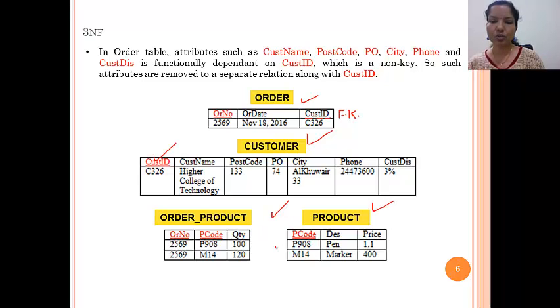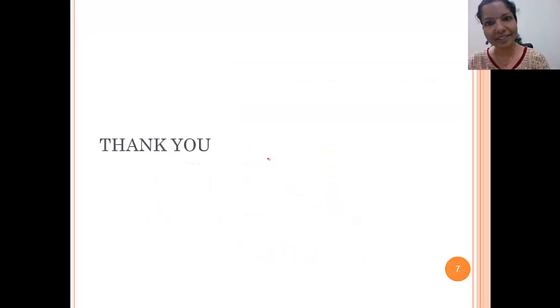When you take these two tables, they are already in third normal form, because we can't find any non-key dependency in them. We have only quantity, which depends on both keys. In the other table we already have the two attributes, and they are not dependent on a non-key, so they are already in third normal form. Only the order table needed to be converted into normal forms. So I hope all of you understood. Best of luck.